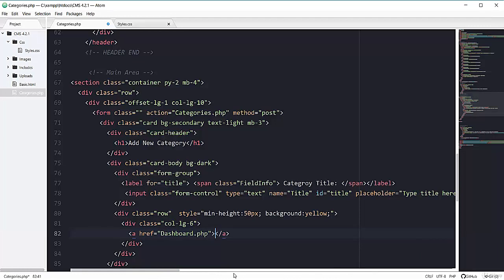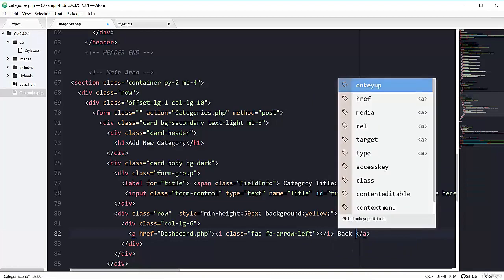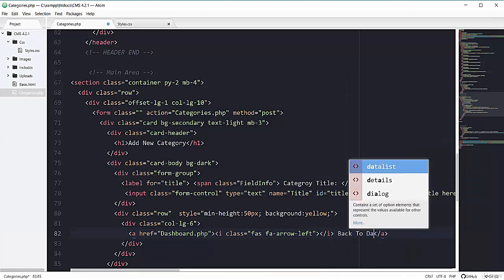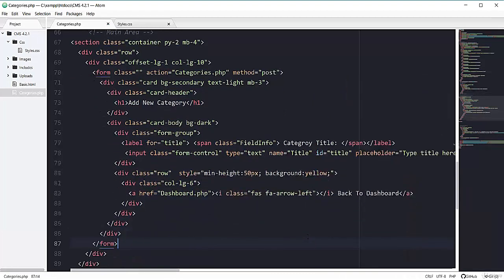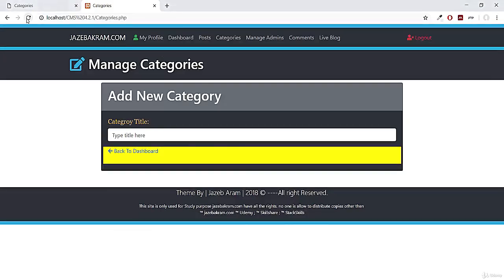And for adding the font awesome arrow, I have this i tag arrow-left that will indicate the left arrow. And for text, let's add the text here: back to dashboard. So if I save this one and refresh my page, you can see this back to dashboard.